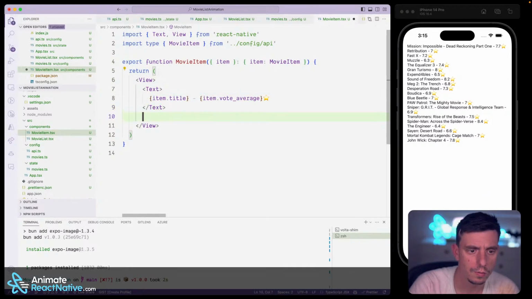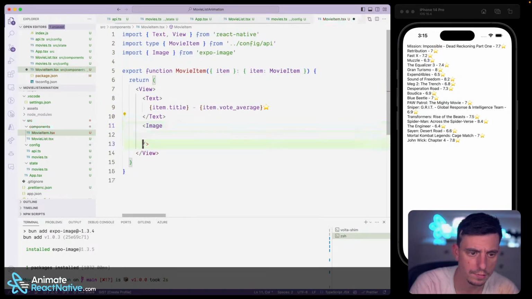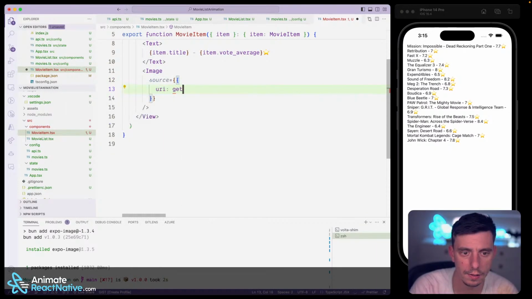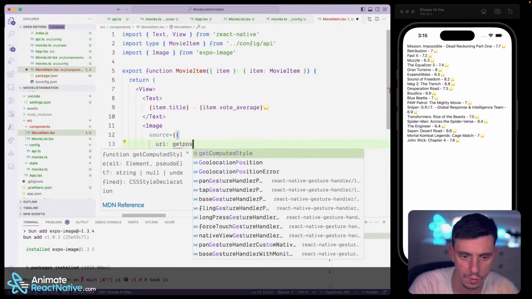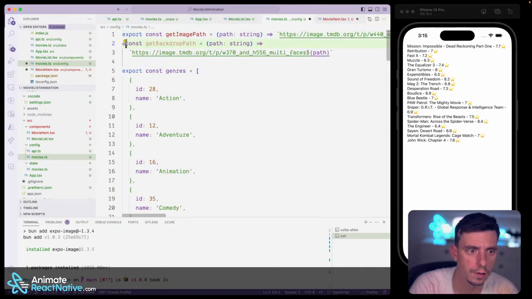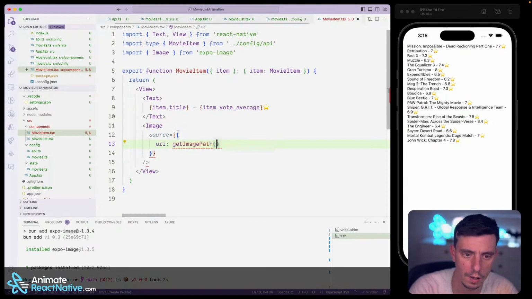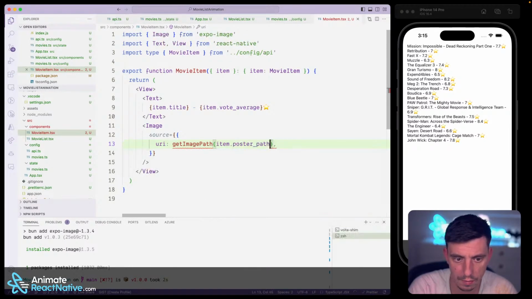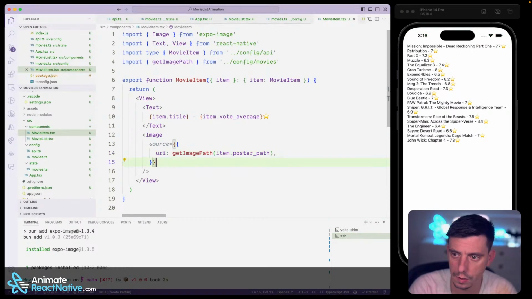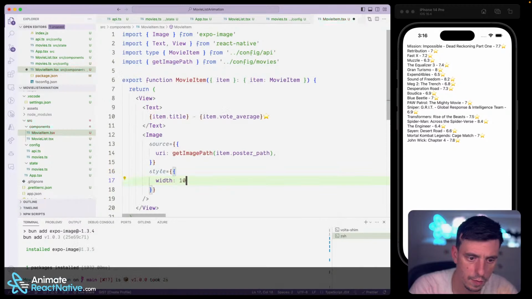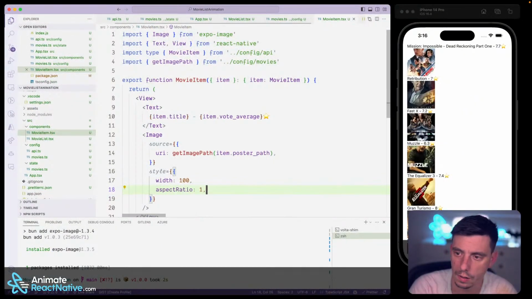So I will be displaying the image from expo image, and I'll say source is equal to URI, get, how was it called, movies config, oh, export, get image path by path, by item poster path, and I need this path, right, and I'll say style width 100, aspect ratio 1. Okay,